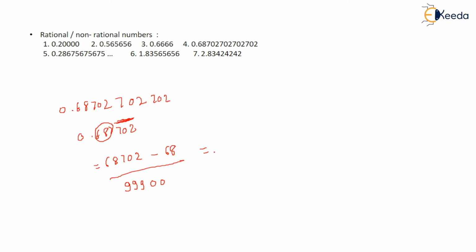After solving this, what you get, you get it in examination. They ask you to find in p by q form, so in that type you have to find it in this way. Okay, this type of question comes in your various examinations. In GATE I can expect this type of question for 1 mark at least. Okay, so such type of question may come to your examination. So after you do this, this comes out to be 68634 upon 99900.